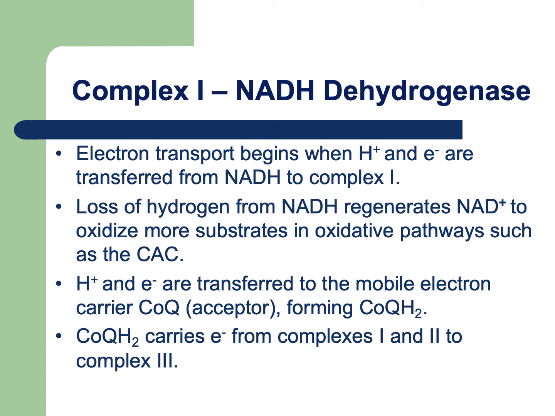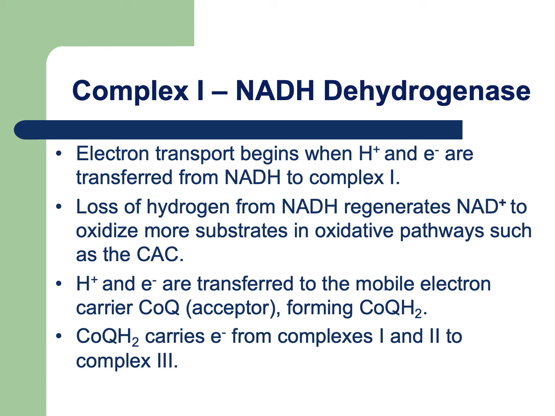So to begin, let's talk about complex 1, which is the NADH dehydrogenase. This is the beginning of electron transport, where we transport the hydrogen protons and the electrons from NADH to complex 1. The loss of the hydrogen when we oxidize NADH helps regenerate the NAD that is needed for